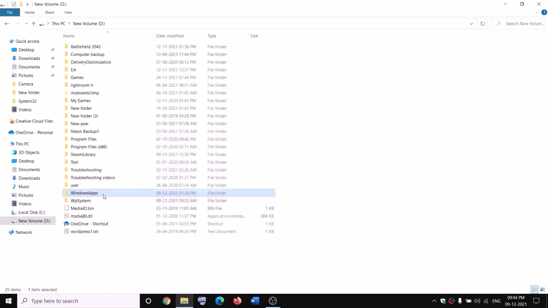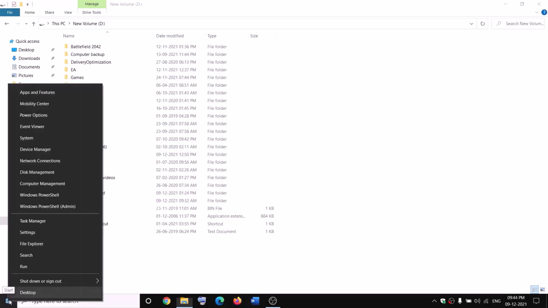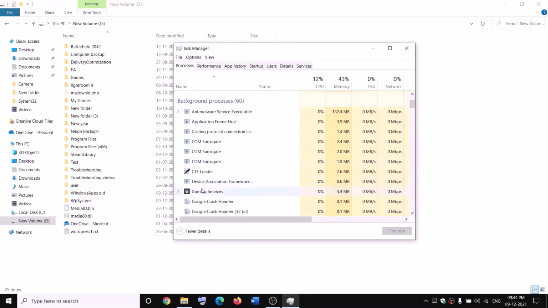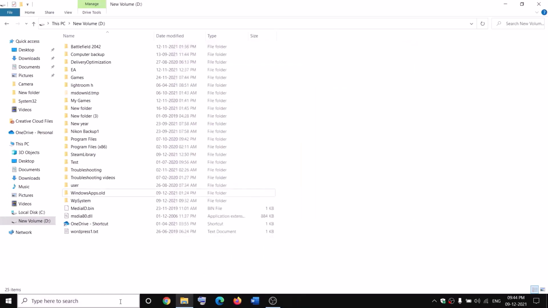Now make a right click on WindowsApps and then click on rename and then rename it as WindowsApps.old. Now while renaming it, if you receive any kind of error message which says file is open, in that case open Task Manager on your computer, make a right click on the start menu, click on Task Manager. Now if you find Gaming Services, make a right click and then click on End Task, and also open Services